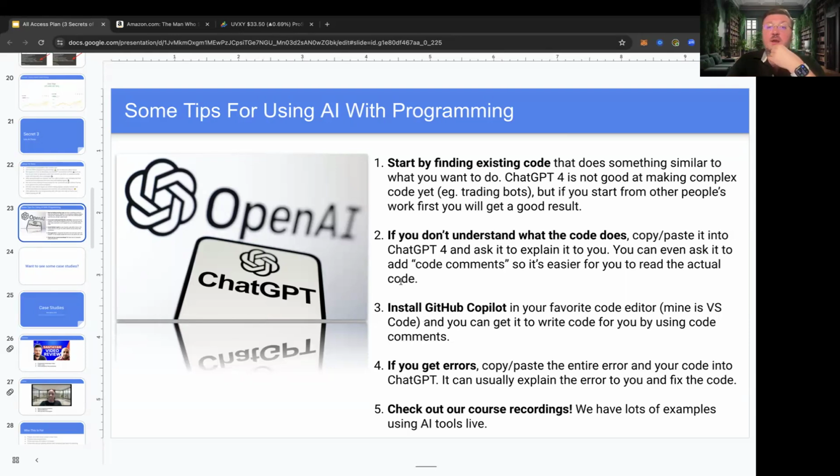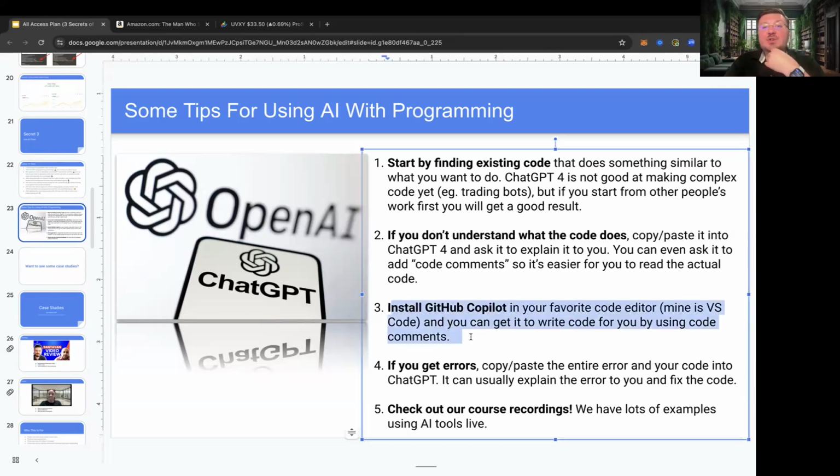Right. Third of all, make sure that you install GitHub Copilot. If you're using an IDE, let's say JetBrains or VS Code, I recommend VS Code personally, make sure that you install GitHub Copilot. It is mind-blowing what this thing can do for you. Now, for me, like I said, I've been coding for 25 years. This allows me to do the job 3 times faster, 4 times faster than I normally could. I feel like I can literally take on an entire team of coders.